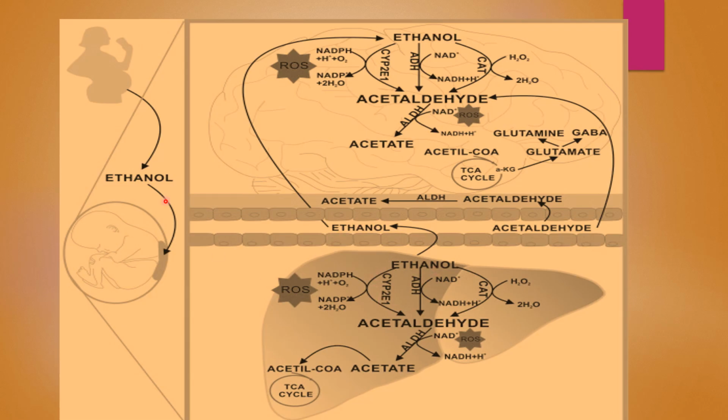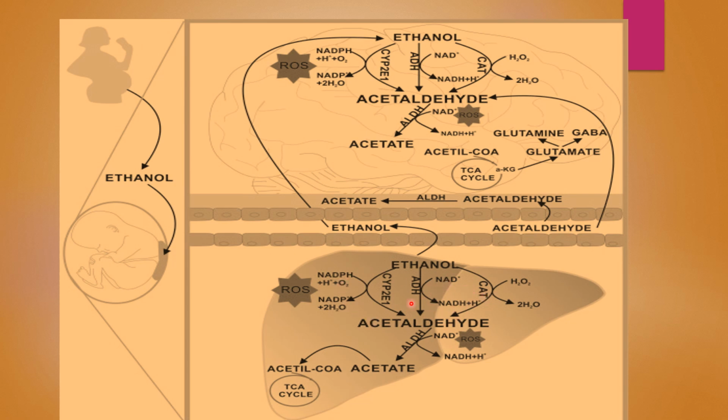So once in the cytoplasm, the ethanol is going to be converted to acetaldehyde under the influence of the alcohol dehydrogenase enzyme, through three different enzyme systems. One, in the liver hepatocytic cytoplasm, the alcohol dehydrogenase enzyme is present and converts ethanol to acetaldehyde under the influence of NAD, and it converts NAD to NADH. There is a huge production of NADH.